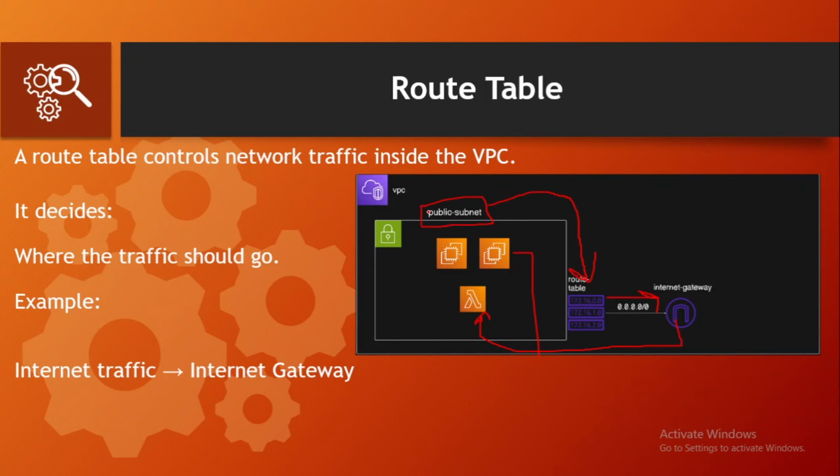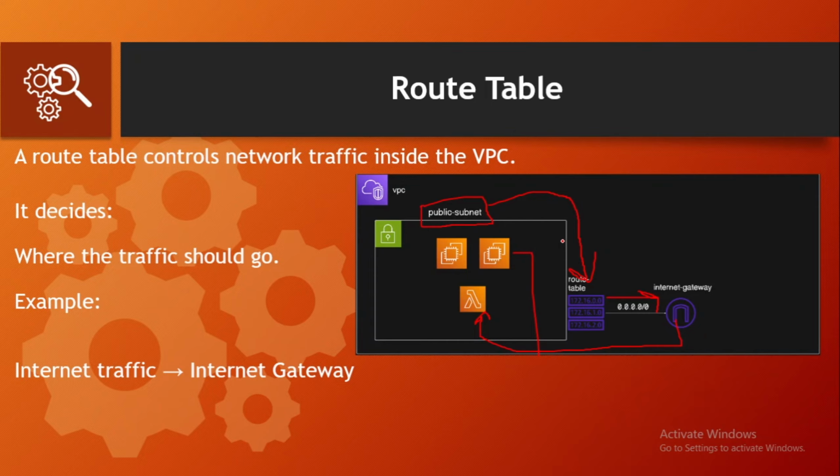So the route table decides how traffic from the subnet will travel. For example, if the traffic needs to access the internet, the route table will send this traffic to something called an internet gateway, as you can see there. So the flow looks like this. Traffic starts from the subnet, this is the subnet, and then it checks the route table. This is the route table, and in route tables we write rules. Based on the rules, it goes to the internet through the internet gateway, and this is exactly what you see in this diagram on the screen. So remember this important idea: subnets hold your resources and route tables decide how their traffic moves.